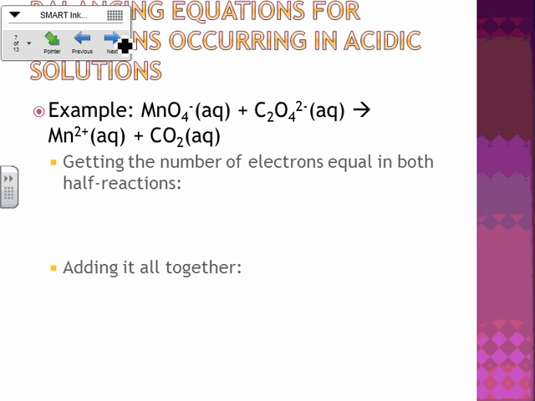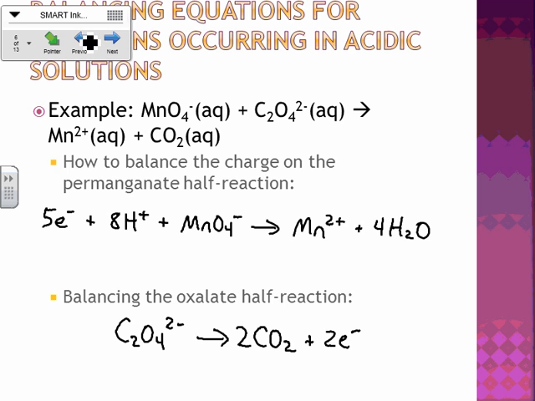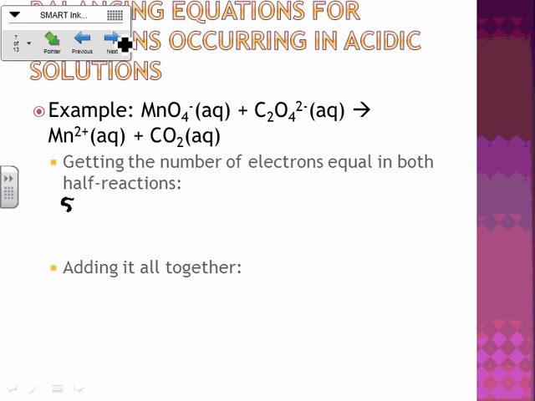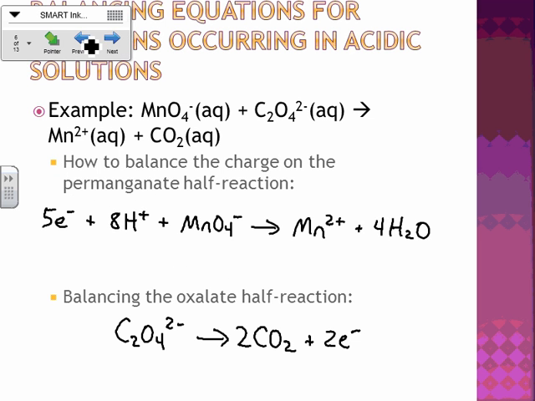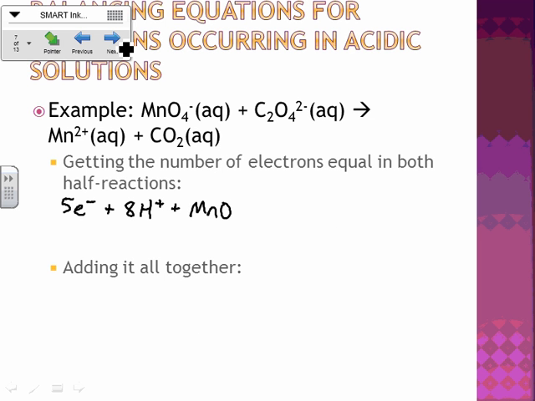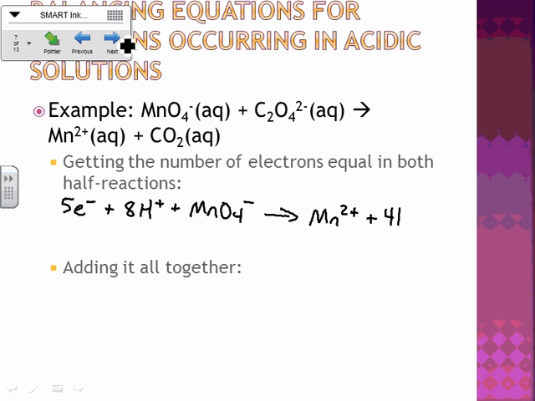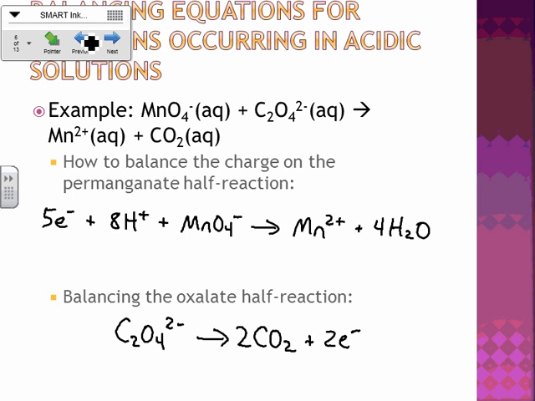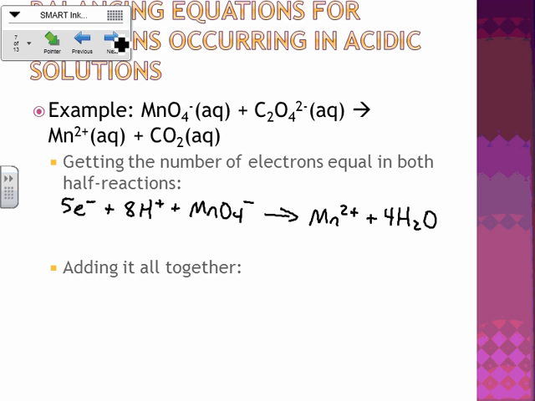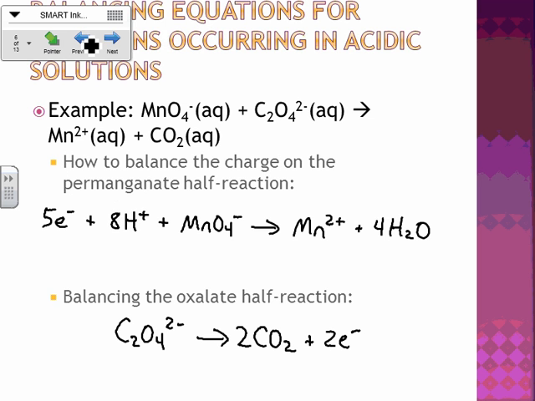So let me rewrite this here. 5 electrons, 8 H plus, MnO4 minus yields Mn2 plus, plus, I think it's 4 H2O. And C2O4 2 minus yields two CO2